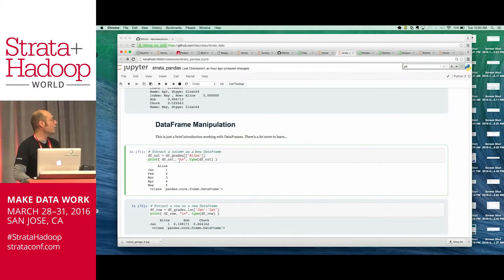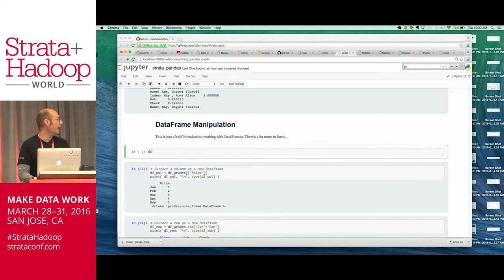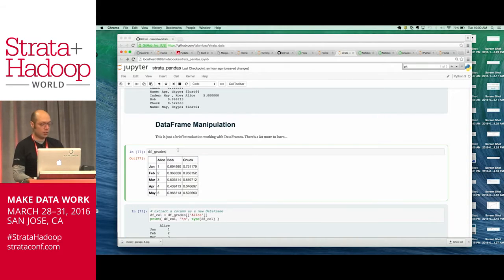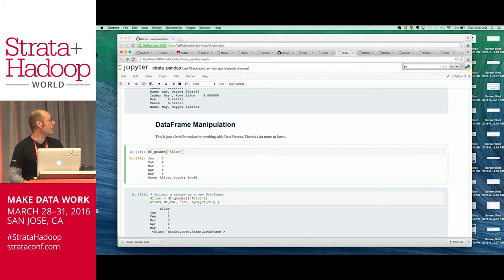So now, sometimes you'll be dealing with a big data set, and you'll say, well, I don't really care about these columns. I just want to concern myself with only certain columns for a while, but I still want to operate on a data frame. So if I just did this, right, I get back a series. But if I want to get back a full data frame,